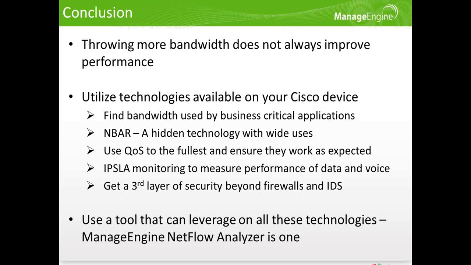worked out after you created your QoS policies, or maybe even before you create your QoS policies, run IPSLA, find out the performance, talk to your ISP, then create your QoS policies. Once again, measure the performance using Cisco's IPSLA and see how the link is performing, and do a security analysis beyond, get all those anomalies that come beyond your firewall and IDS. Keep your network protected with the 3rd layer of security using